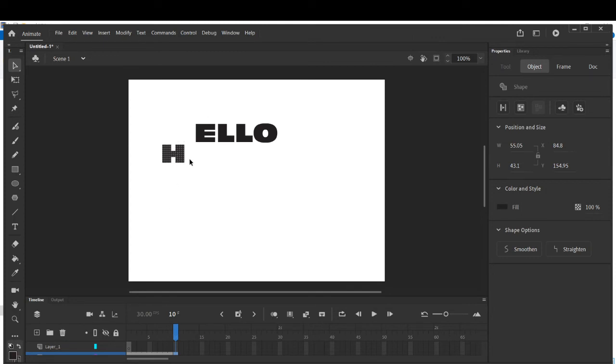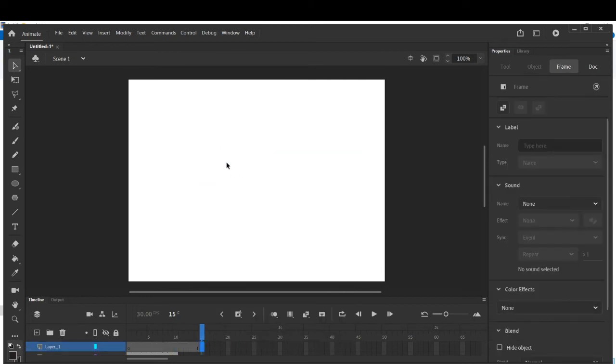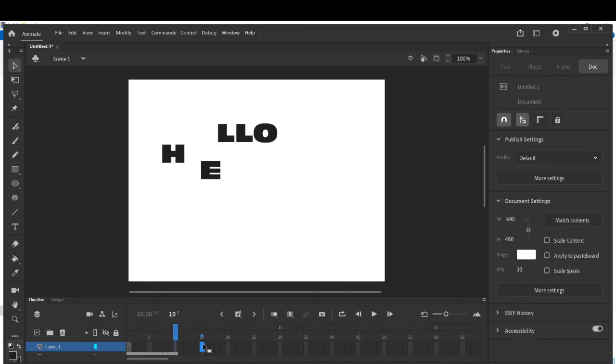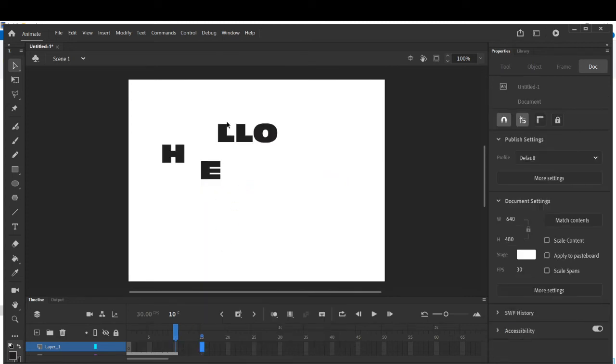Okay, just give the motion at frame 10. Now see the color of the frame option. So before that you have to repeat it for all the text, children, in this way, and insert the frames. What happened? Okay, control Z. So now right click, insert keyframe. One by one we have to move. Okay, let me show you one more time.